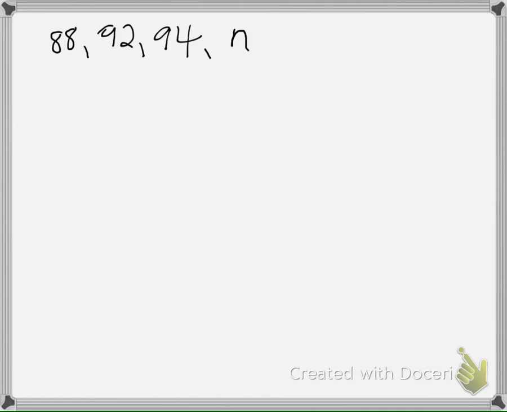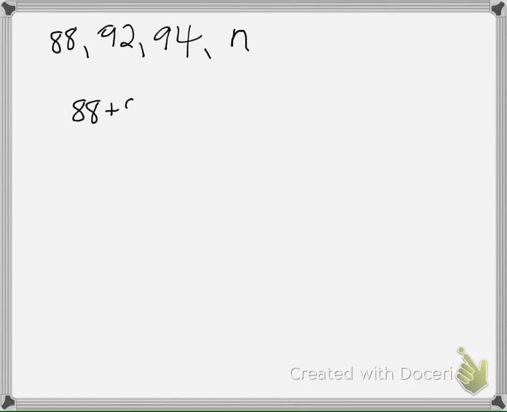Now, how do you find an average? You add up, divide by how many numbers. All right, exactly. We add up all the numbers and divide by how many numbers there are. So